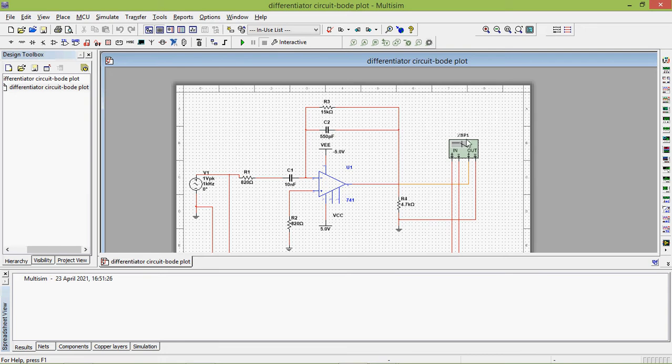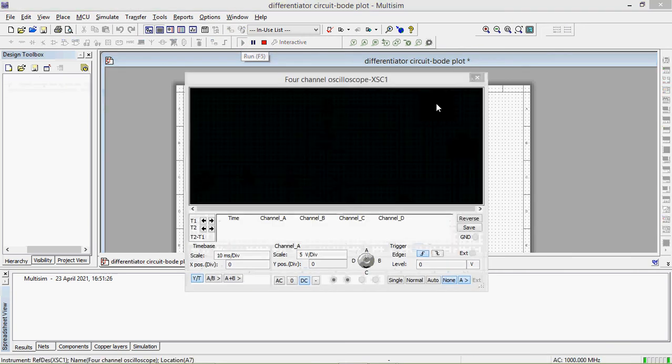The Bode plot is used to verify the frequency response of the differentiator. So the output response should show the lower cutoff frequency FA and upper cutoff frequency FB, which should be approximately equal to 20 FA. That is what we have done in our design. To check the output signal, you take an oscilloscope and connect one channel in the output side, the other channel in the input side. Now you run the circuit and check the output signal.